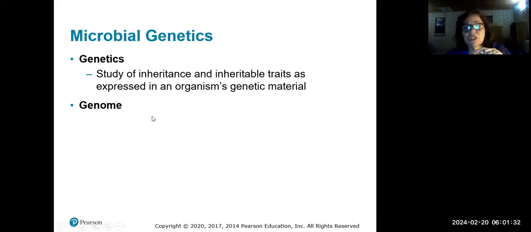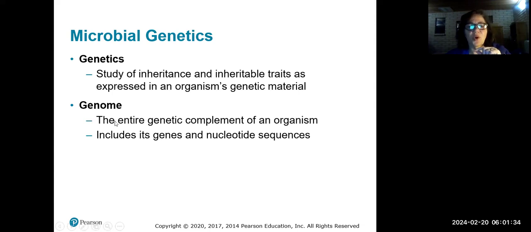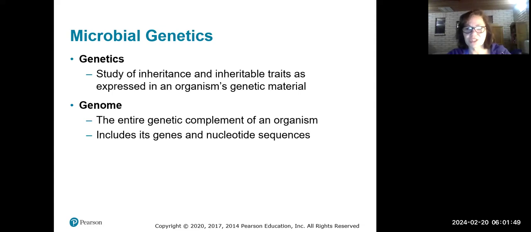Okay, then that term genome refers to all of the genetic material in the organism. In eukaryotes, we're talking about the stuff that's in the nucleus, but there's also some genetic information outside of the nucleus. So, including all the genes. Remember, the genes are the instructions for making proteins. And the exact sequence of these A's, T's, G's, and C's is considered part of the genome.